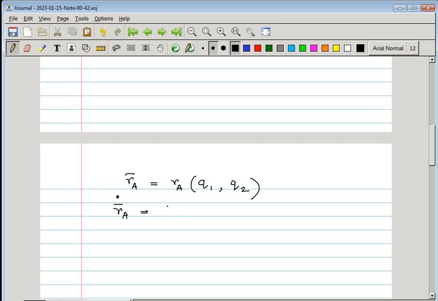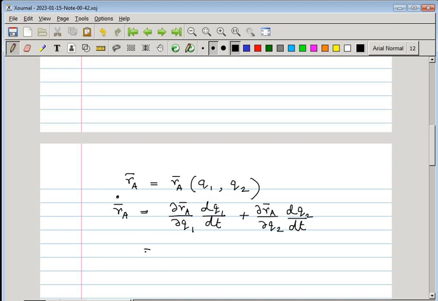Then RA dot is del RA, so this is vector, del RA del Q1 dQ1 dt plus del RA del Q2 dQ2 dt,